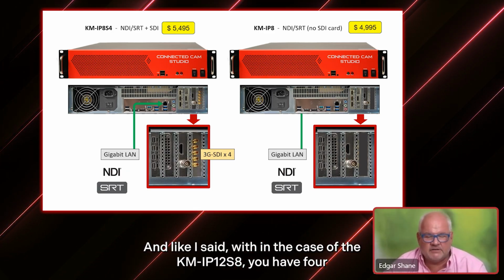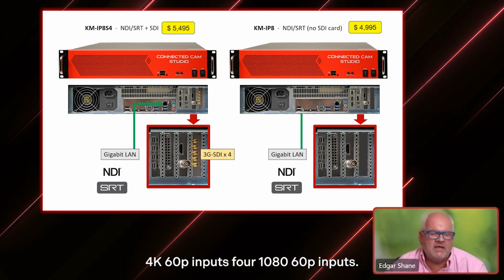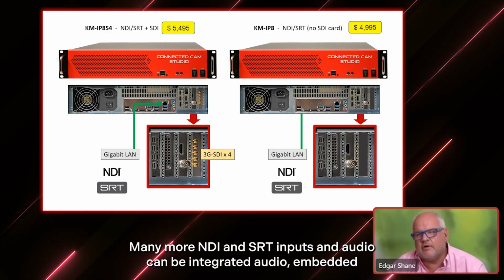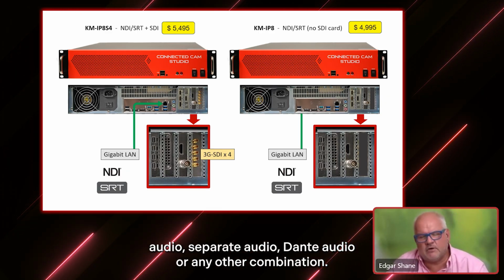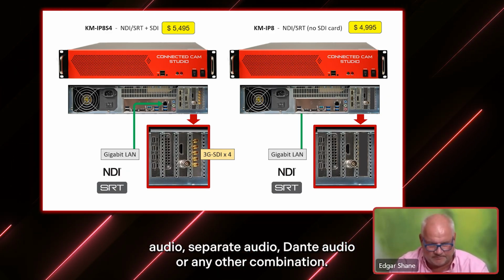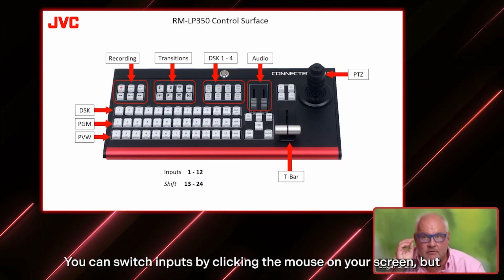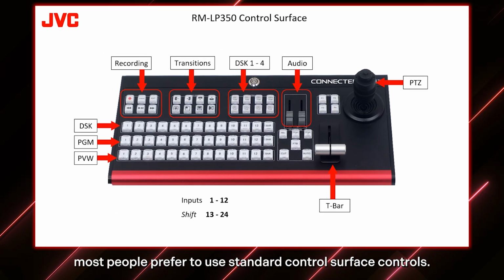And like I said, in case of KMIP12 S8, you have 4 4K 60p inputs, 4 1080 60p inputs, many more NDI and SRT inputs, and audio can be integrated audio, embedded audio, separate audio, Dante audio, or any other combination. Our MLP350 control surface is optional. You can actually switch inputs by clicking mouse on your screen, but most people prefer to use standard control surface